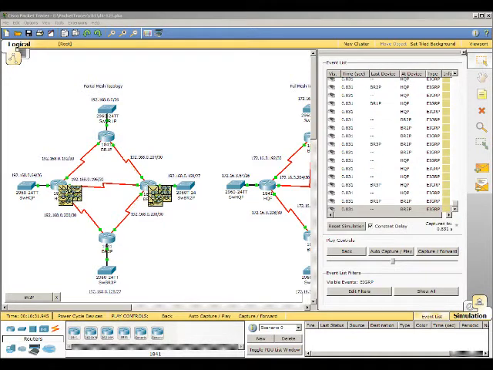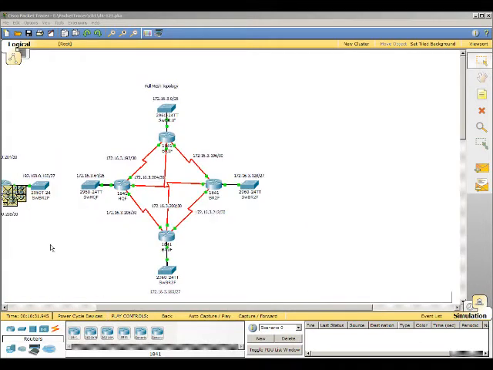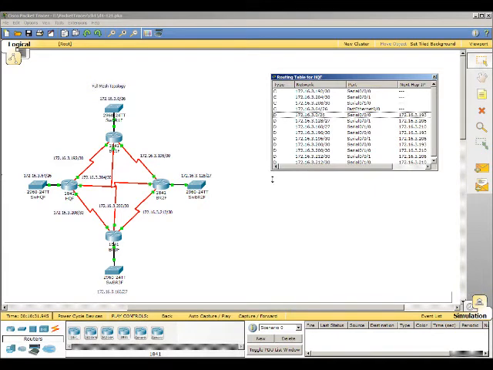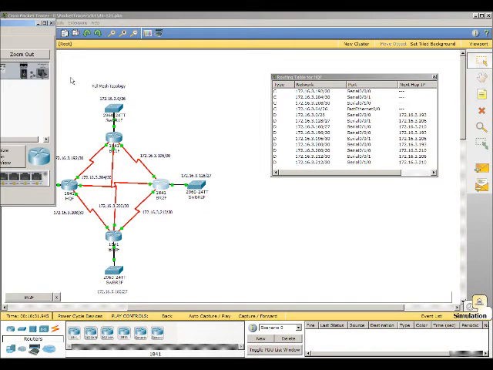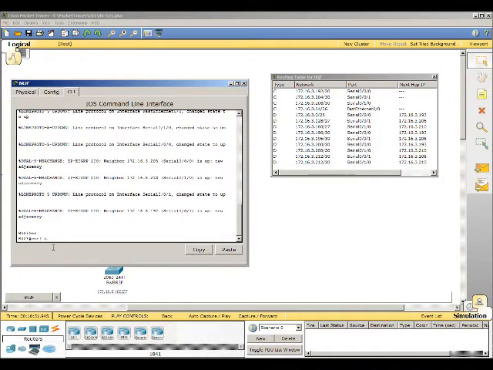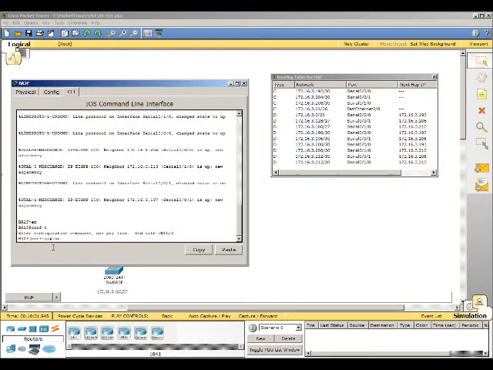Right, in step 3, we're to examine the routing table and observe the convergence of a full mesh topology. So basically we're going to do the same thing, but on the full mesh. Close down the HQF routing table here. I'm going to go to router BR2F, which is this one. Now we're going to shut down the serial interface 1. So enable, conf t, int se